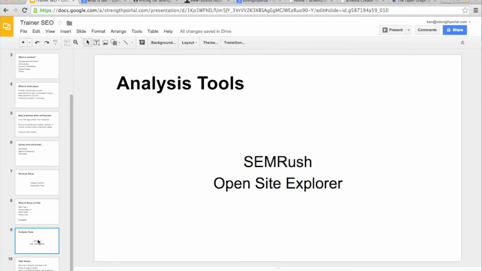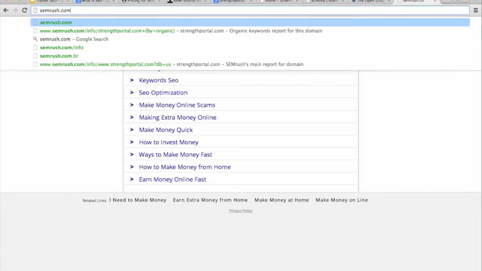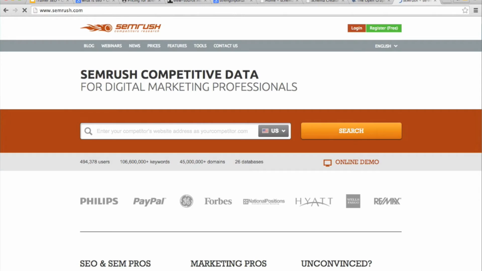So let's say that after a while you have your website set up, analytics, webmaster tools, you have all the content written in, you have a pretty good idea of how your website is, or at least you think you got your website on the right foot from an SEO standpoint. Now you can use some analysis tools that are provided for free, which are pretty sweet, that give you good insight to other companies that you respect and how they're doing on their SEO,